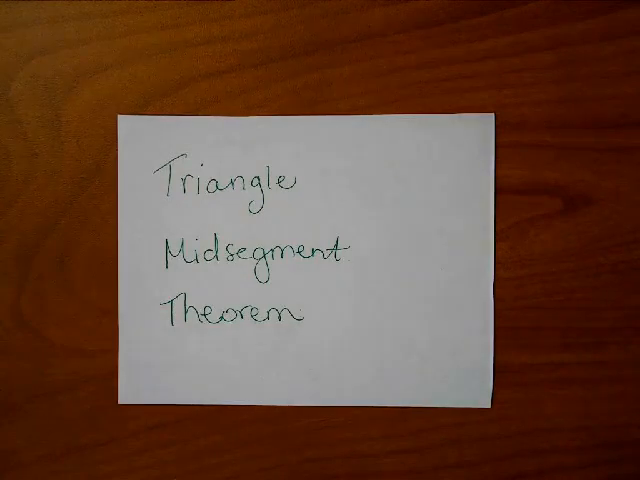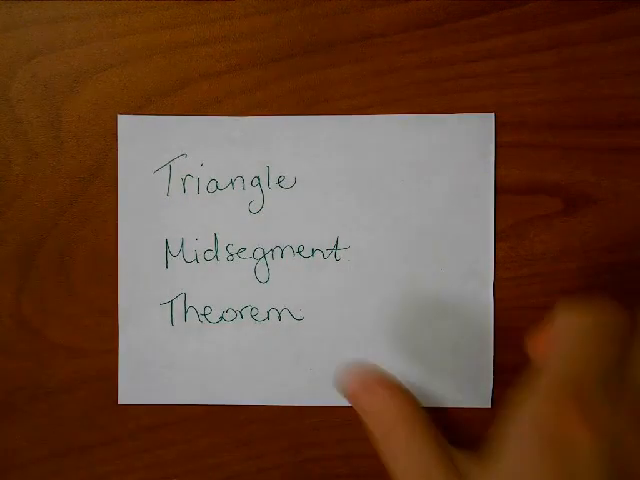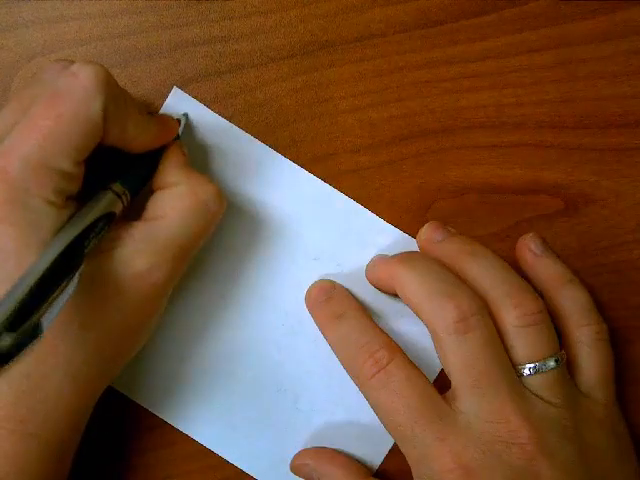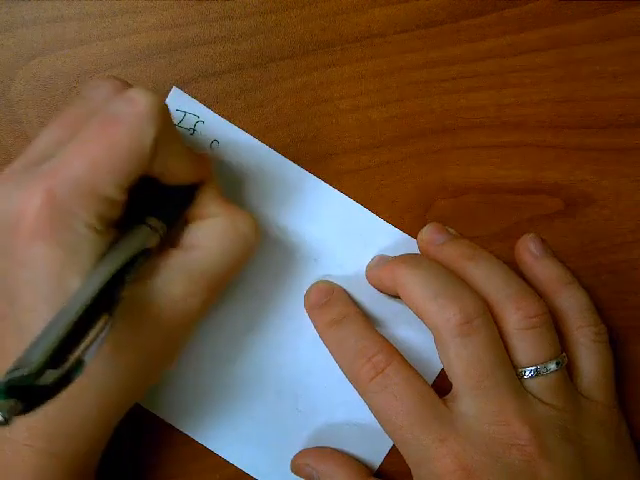Okay, so what we're going to be doing is writing down the theorems that we have in this unit, theorems that we can use in our proofs. So the first one that we're going to do is the triangle midsegment theorem. We already wrote it down in our notes. So write it on one side, triangle midsegment theorem, and then on the other side, we're going to write it down. The triangle midsegment theorem states that if a segment